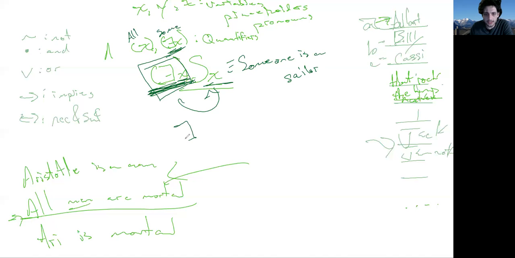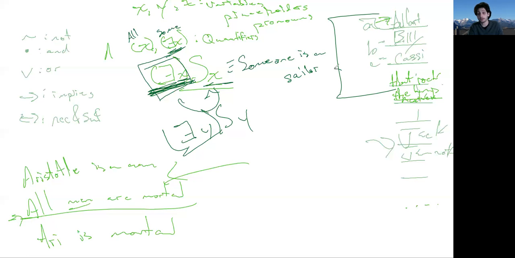And that's going to mean the exact same thing if I use a different variable, because the variables aren't actually names for people. They're just ways for us to connect quantifiers to what we're trying to say about that group of people. Every time you see a quantifier, it's just introducing you to a new group of people. If it's the existential one, you don't know that it's everybody. It's some portion. It might be everybody, you're not ruling that out. So these two sentences mean exactly the same thing: there is somebody that is a sailor. It makes no difference that we used X versus Y.